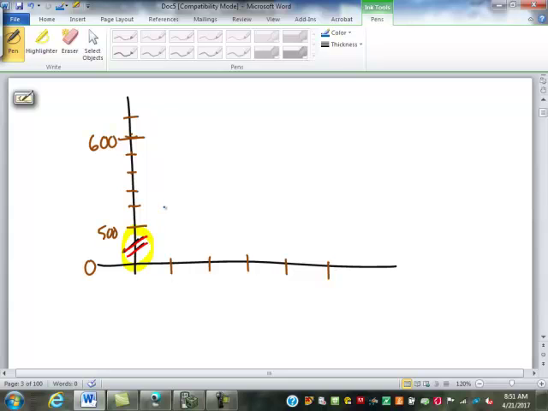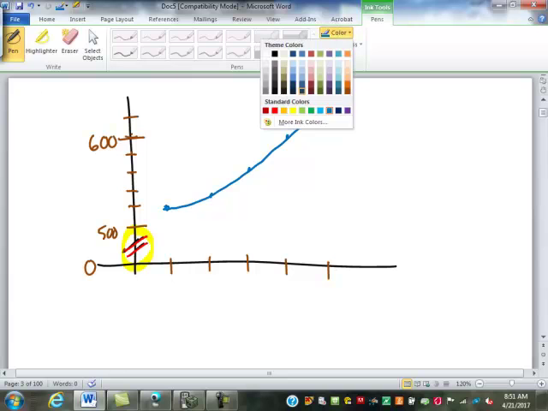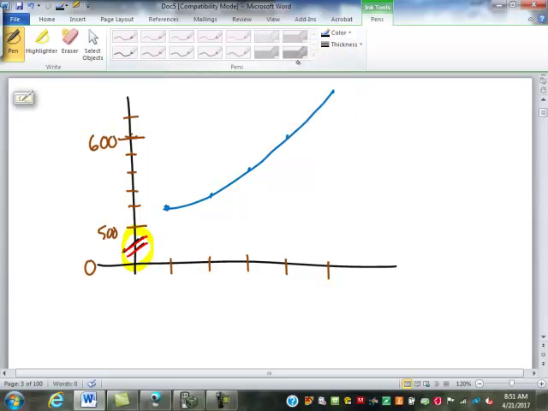So we might have points that look like this. These graphs do not always have to be a straight line. This one's a curve. Since there was nothing below 520, they chose to cut out that piece that was way down there. Now, one of the unfortunate disadvantages of this is it looks like from here to here that the amount has doubled, and it really hasn't. Because if that part of the axis had not been cut out,